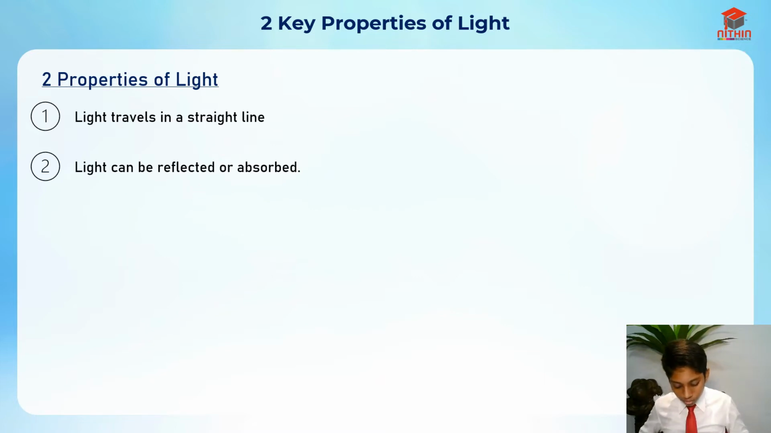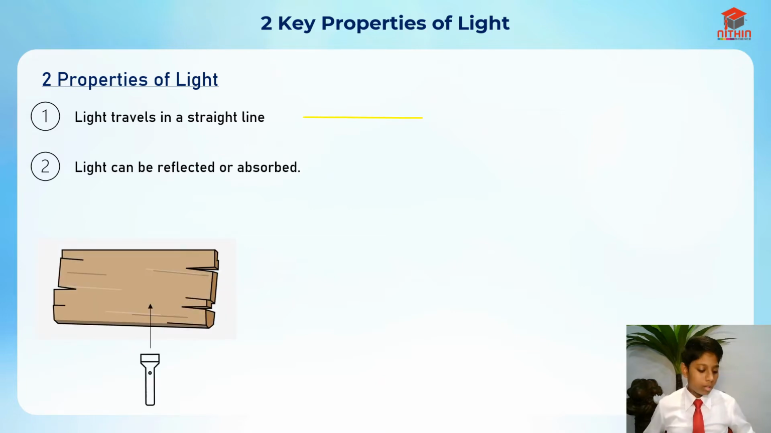So light always travels in a straight line. Let this yellow color be light. It always travels in a straight line. You see that? Light can be reflected or absorbed. So this is when light is absorbed. When you're drawing it, it must always be in a straight line, and after that it won't reflect because it is absorbed